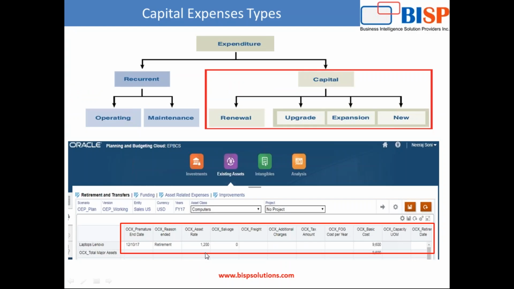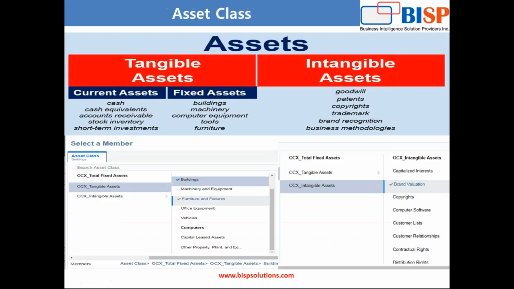Your CapEx module is designed to cater to this need as well. Interestingly, if you know what the different asset classes are, you can map this understanding with how the application module is designed. So assets are